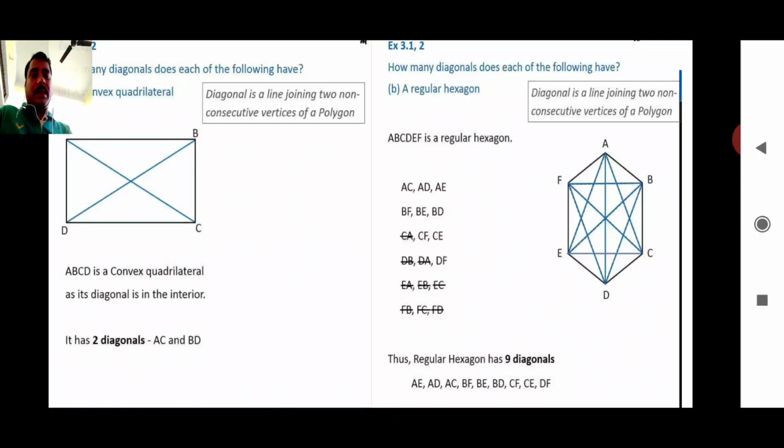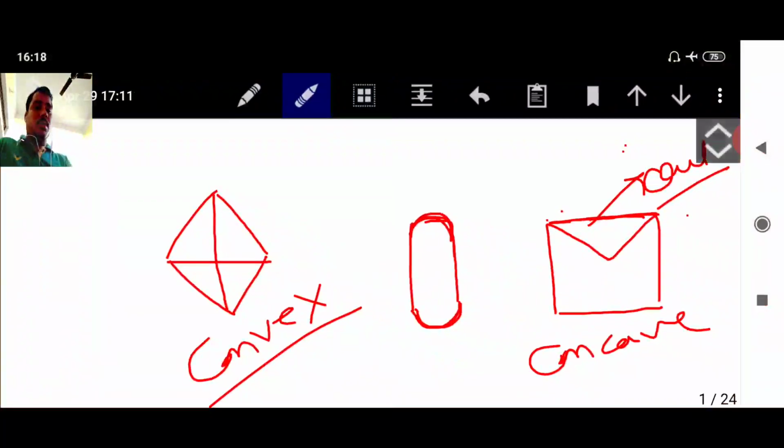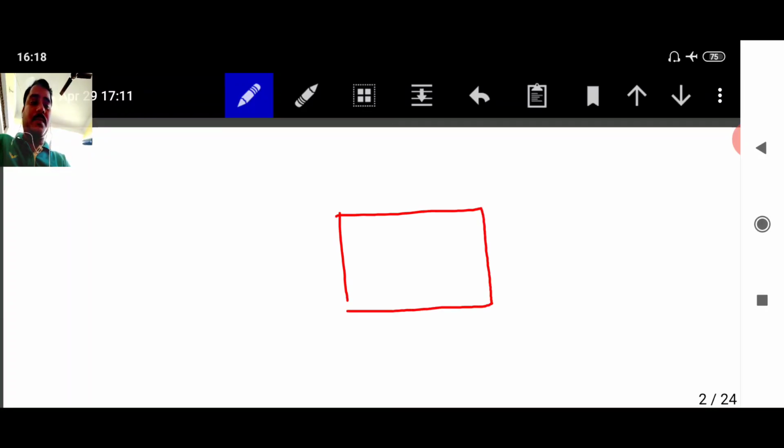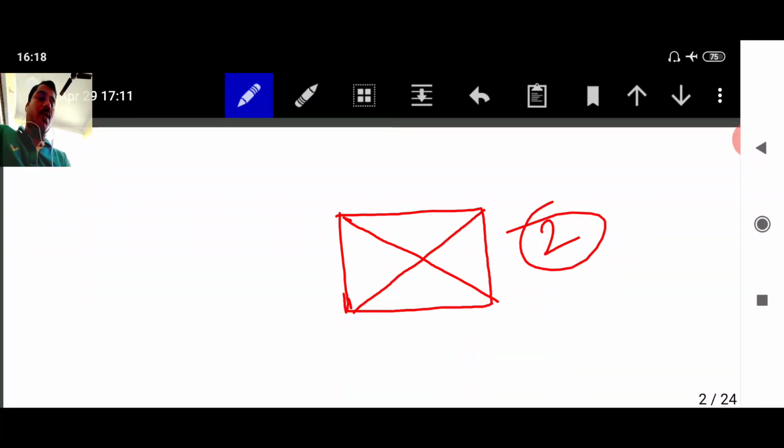how many diagonals does each of the following have? Convex quadrilateral. You know that quadrilateral means, quad means 4, lateral means side, 4 sides. And if we draw a quadrilateral, how many diagonals exist? 1 and 2. 2 diagonals. Okay. You can also find the number of diagonals by formula,